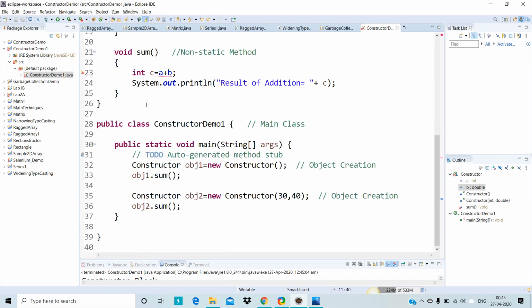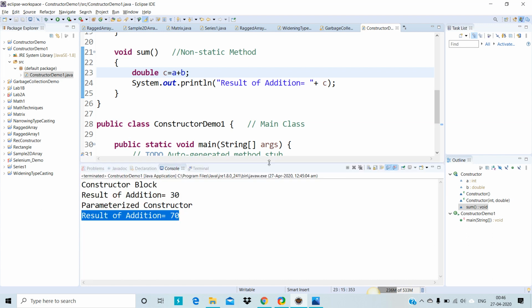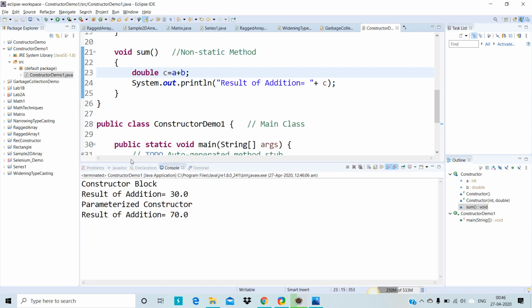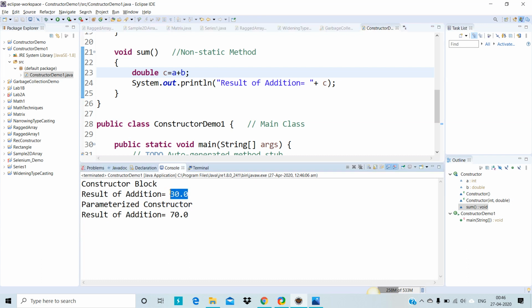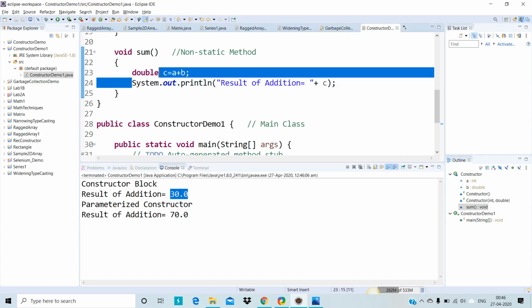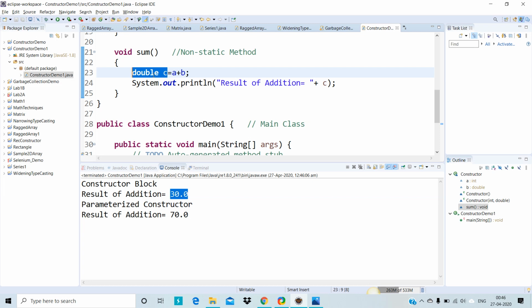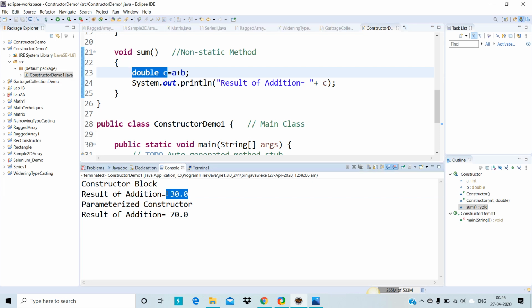And then in the result also you have to change it to double, because since b is double, you have to declare c as double. So this is also fine. If I execute this, we will get 0.0. We are getting 0.0 because c is declared as double and also b is declared as double. When you perform an addition operation, if you add an integer value and a double value, the result will be a double value. That's all.